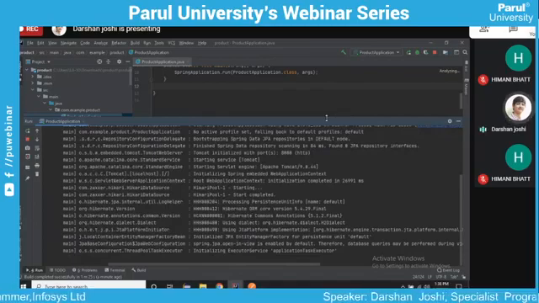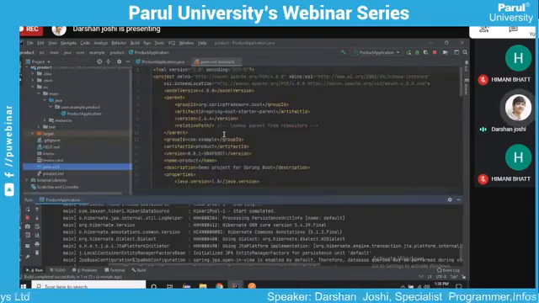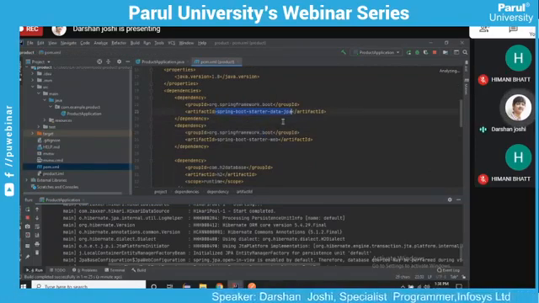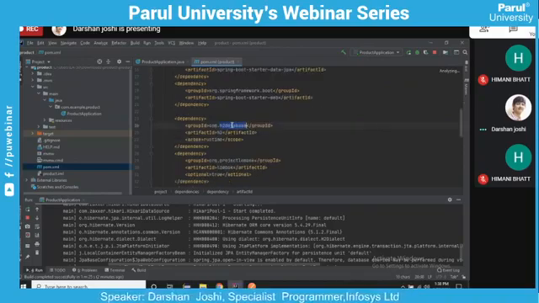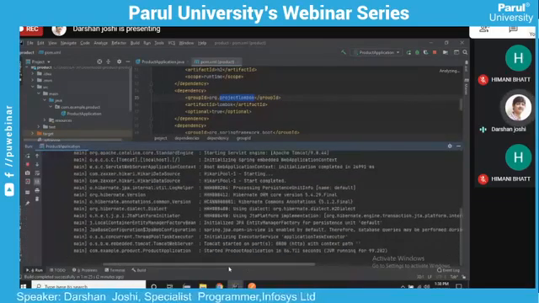If you open the pom.xml file, you can see the starter projects. We've added JPA, the starter web, the H2 database, and Project Lombok to avoid some boilerplate code, right?